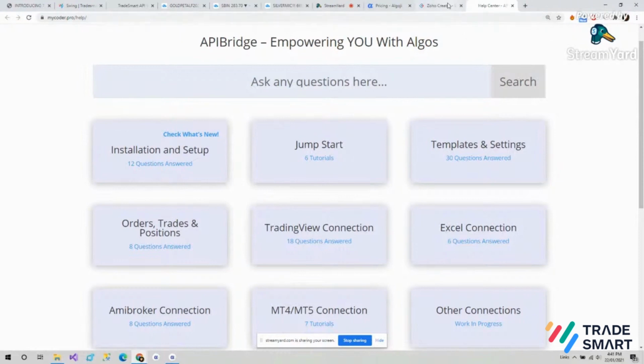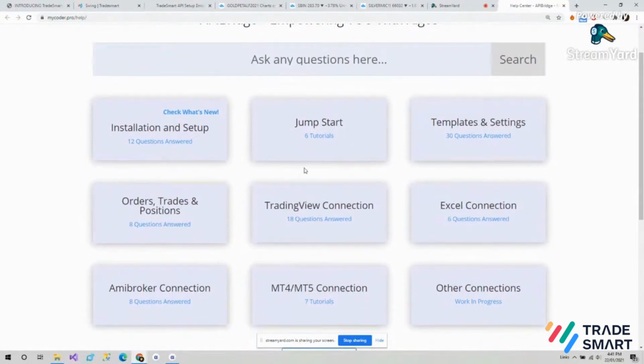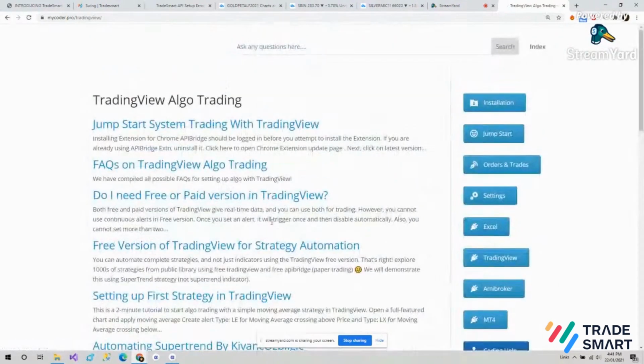Now I am going to integrate API Bridge with TradingView. To do that, I'll click on TradingView connection, then click on Jumpstart System Trading with TradingView.